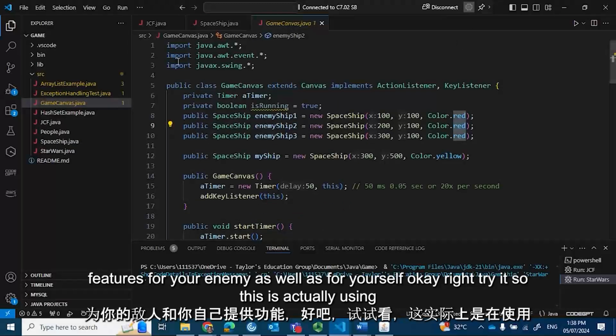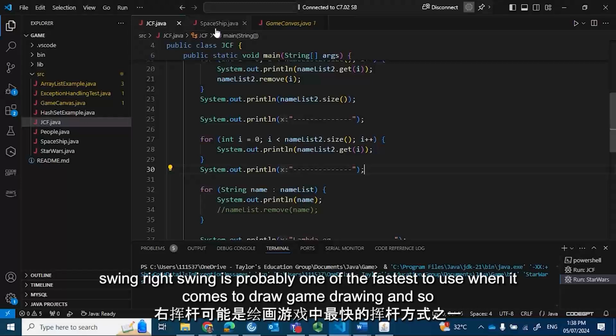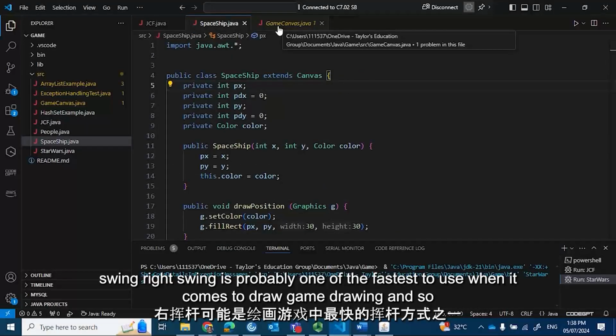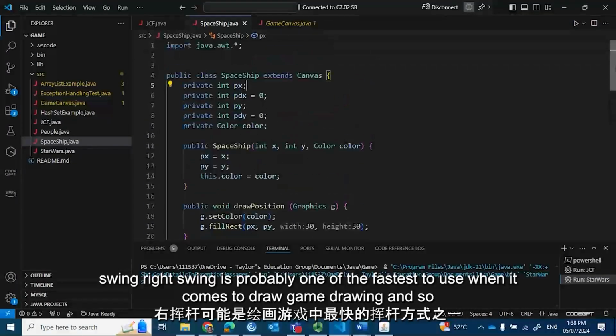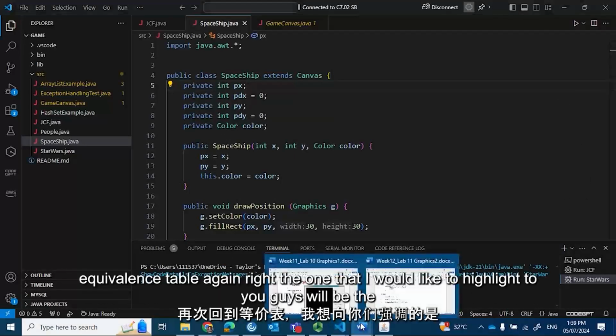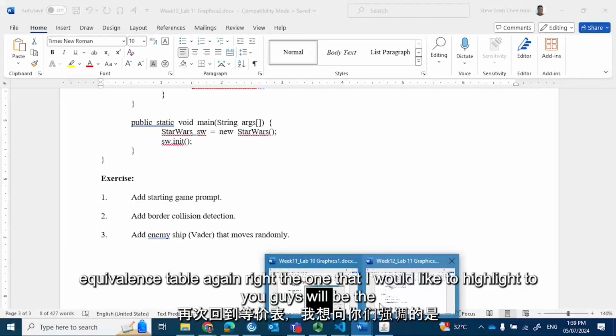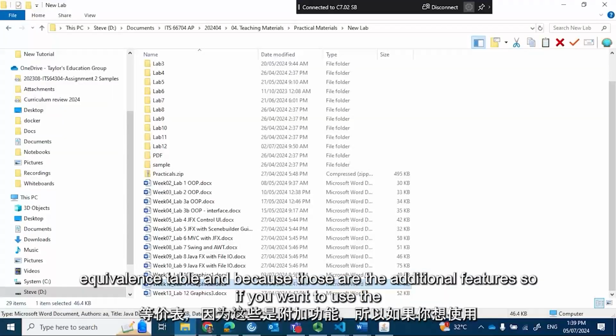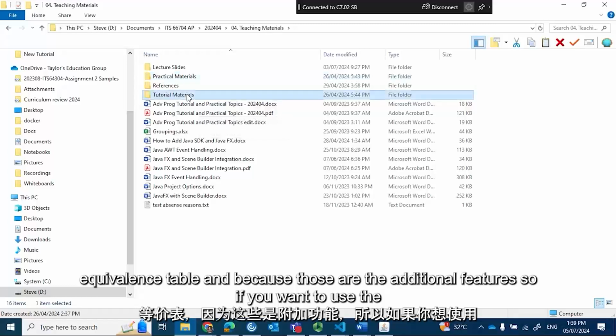Try it. So this is actually using Swing, right? Swing is probably one of the fastest to use when it comes to game drawing and so on. But of course, you can use JavaFX if you want. Any questions? So take note of the equivalence table again. The one that I would like to highlight to you guys will be the equivalence table. And because those are the additional features,